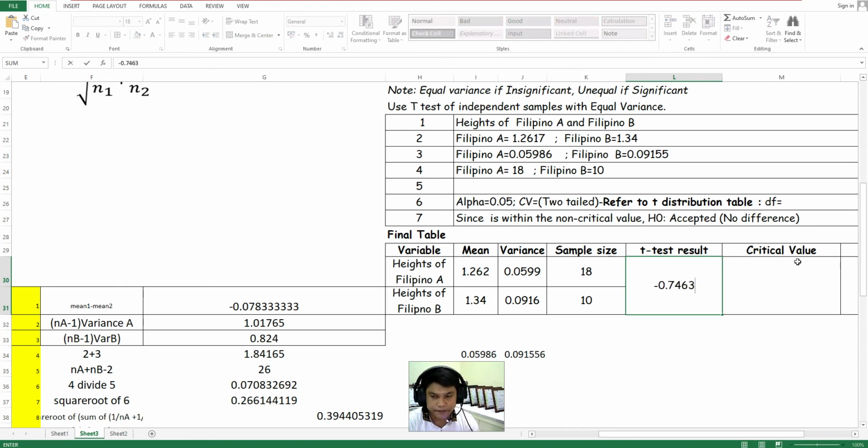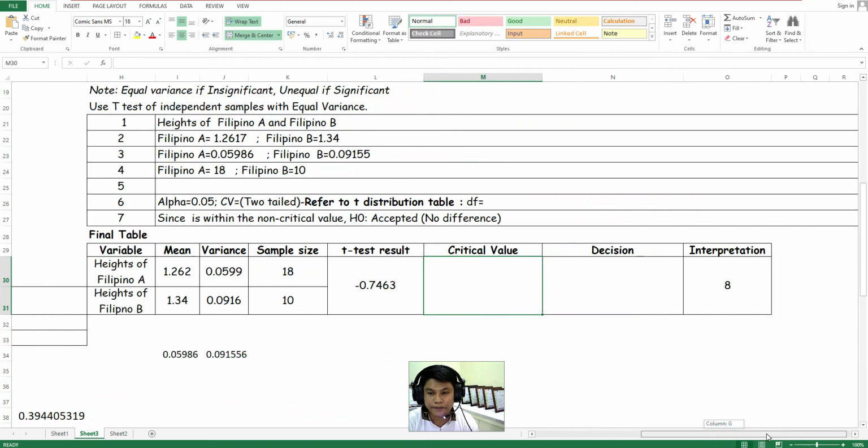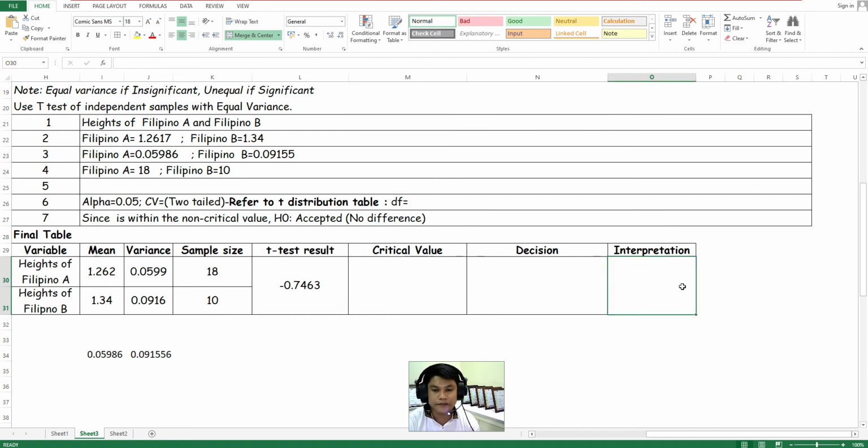What is now the critical value? And what is our decision? So our critical value shall be referred to the table, also in the t distribution table. So the critical value,